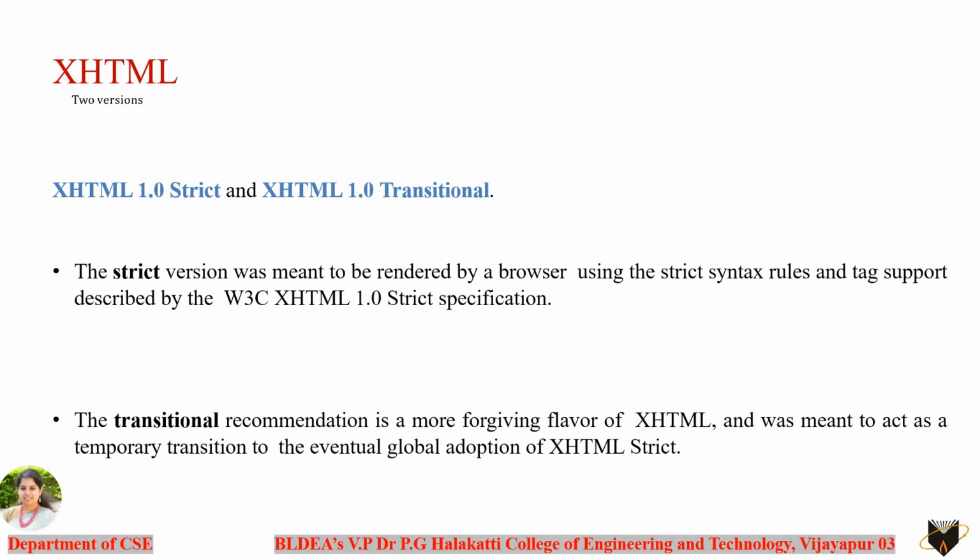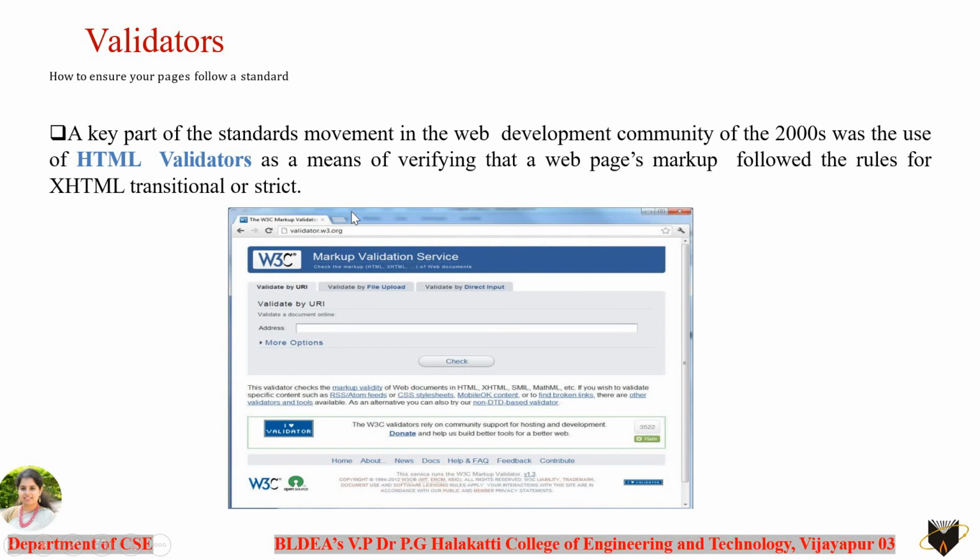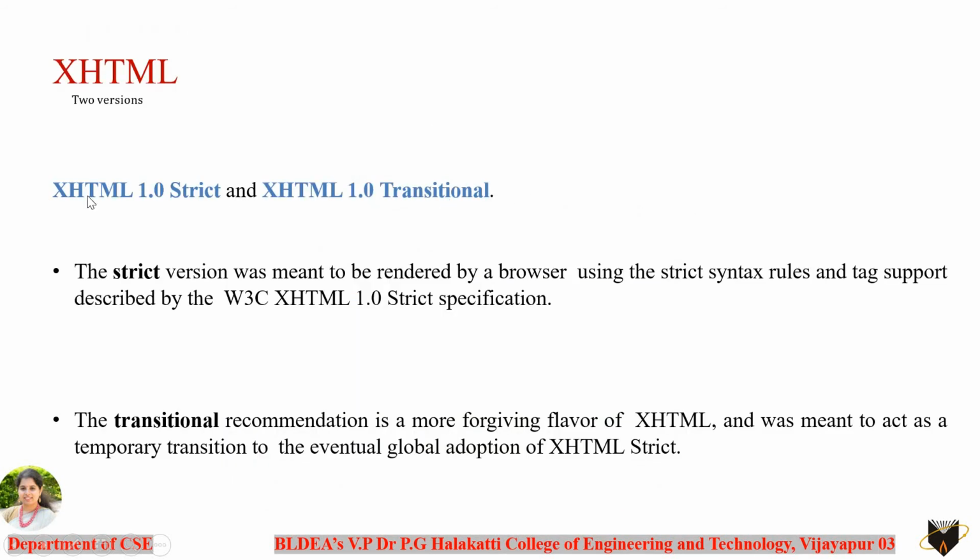So once you introduce the new XHTML 1.0 strict, it doesn't mean that you are going to stop using the HTML web pages which were developed earlier. So in order to make some flexibility to convert those web pages which were developed using HTML to XHTML, the technique used here is XHTML 1.0 transitional. Whereas XHTML 1.0 strict is the version used by authors who are going to develop new web pages once XHTML 1.0 strict has been introduced.